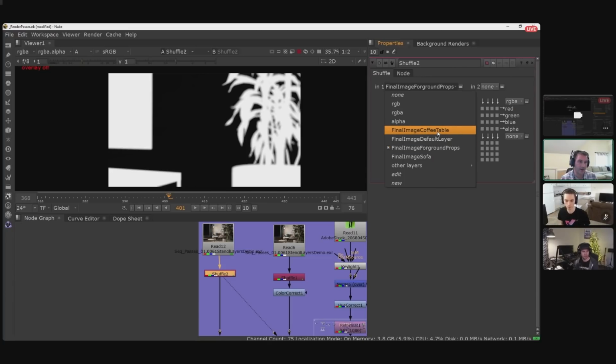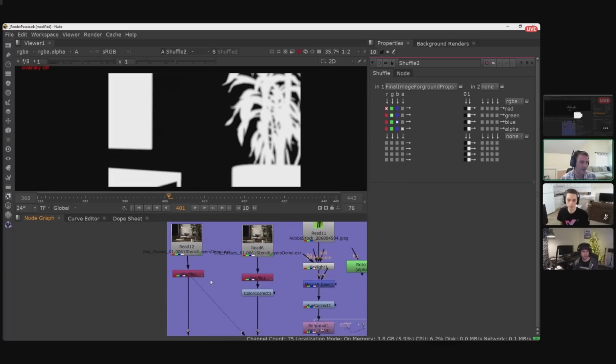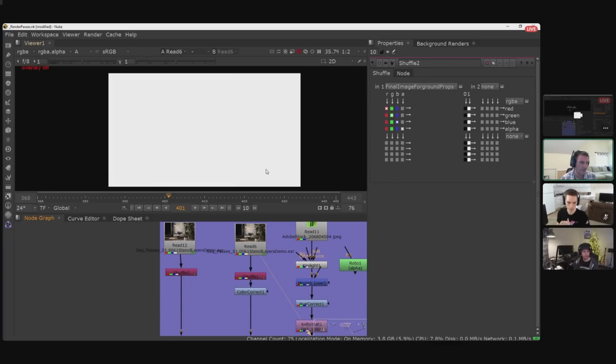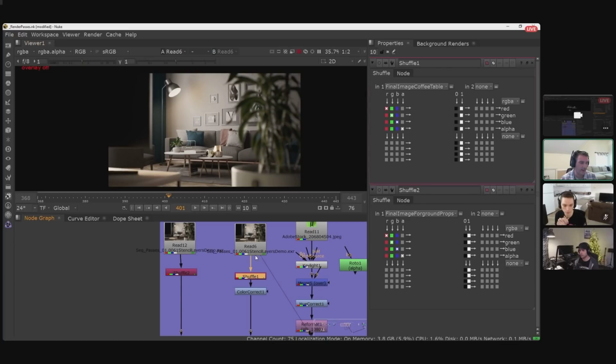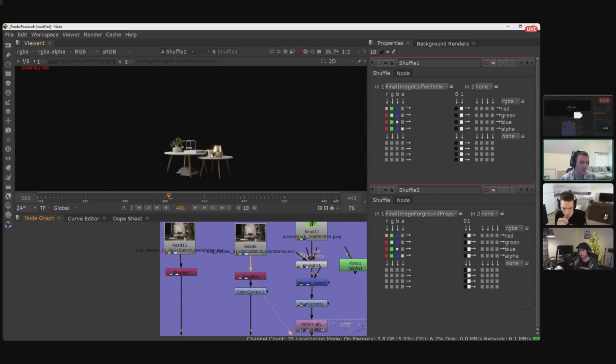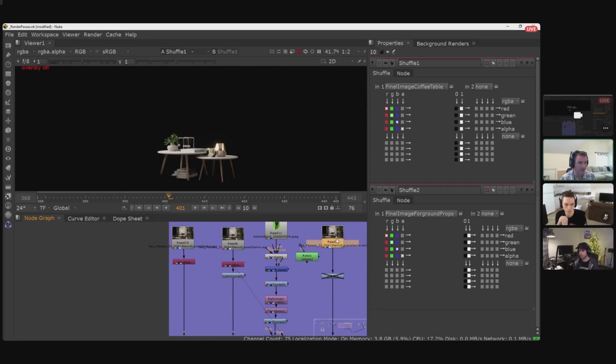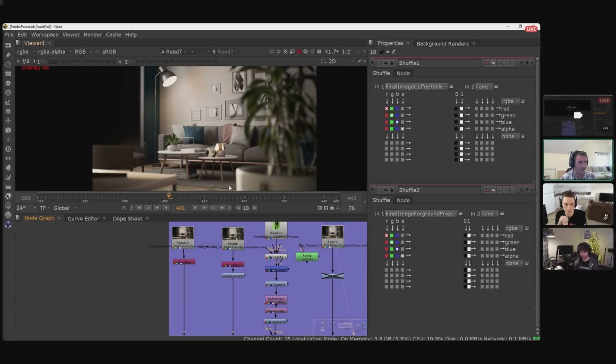And you can also see there's a coffee table. So in this coffee table render here, I have another shuffle node. And if I preview that and show you, I have just the alpha channel of the coffee table objects. So I'm going to take those two and I'm going to put them in front of this background.